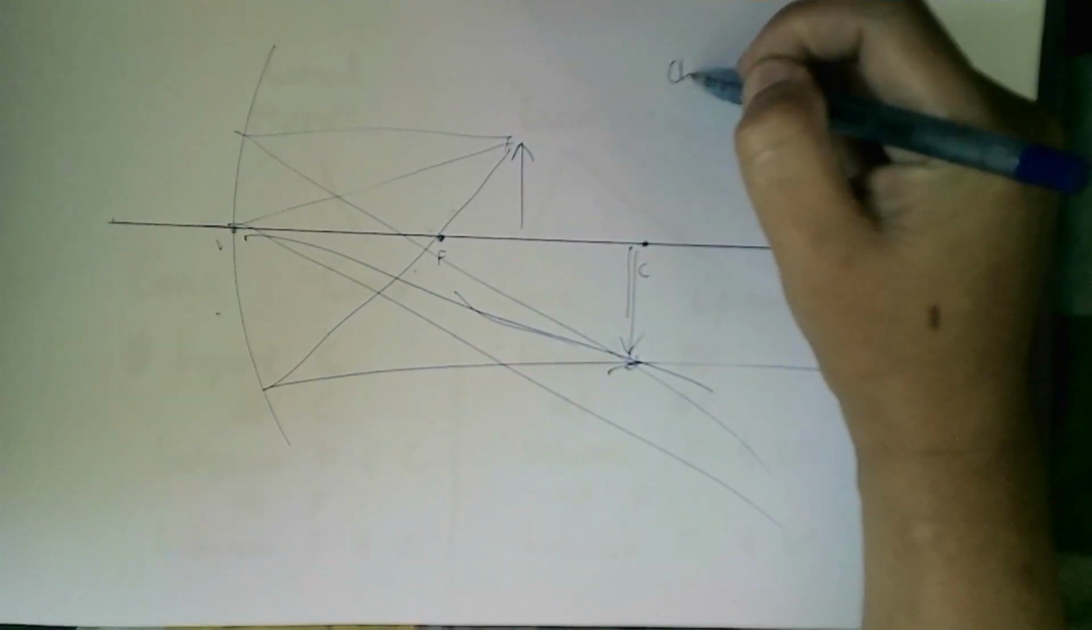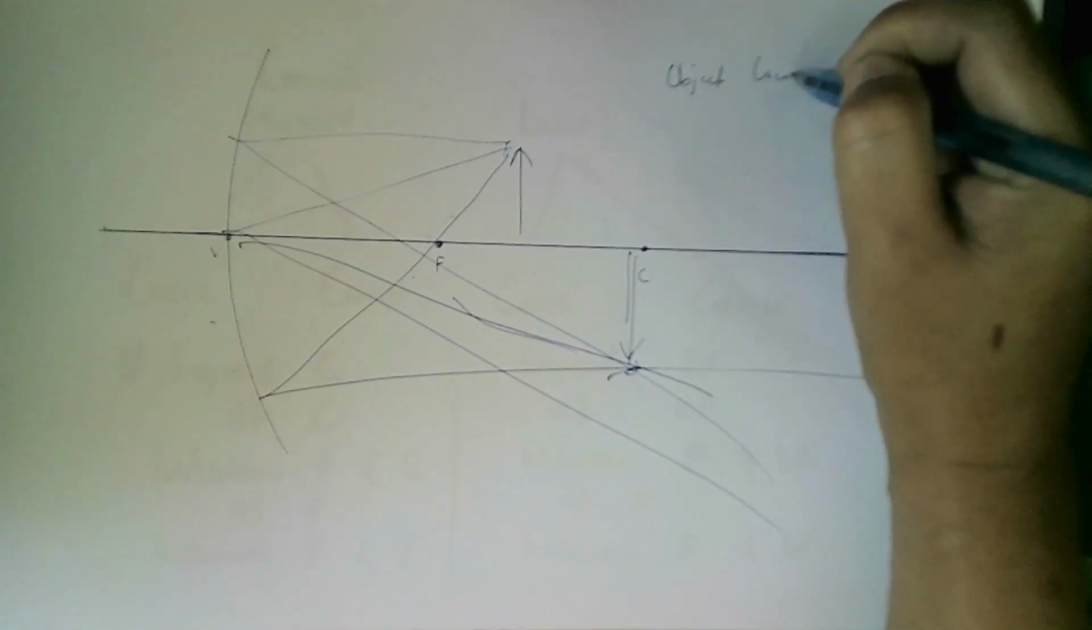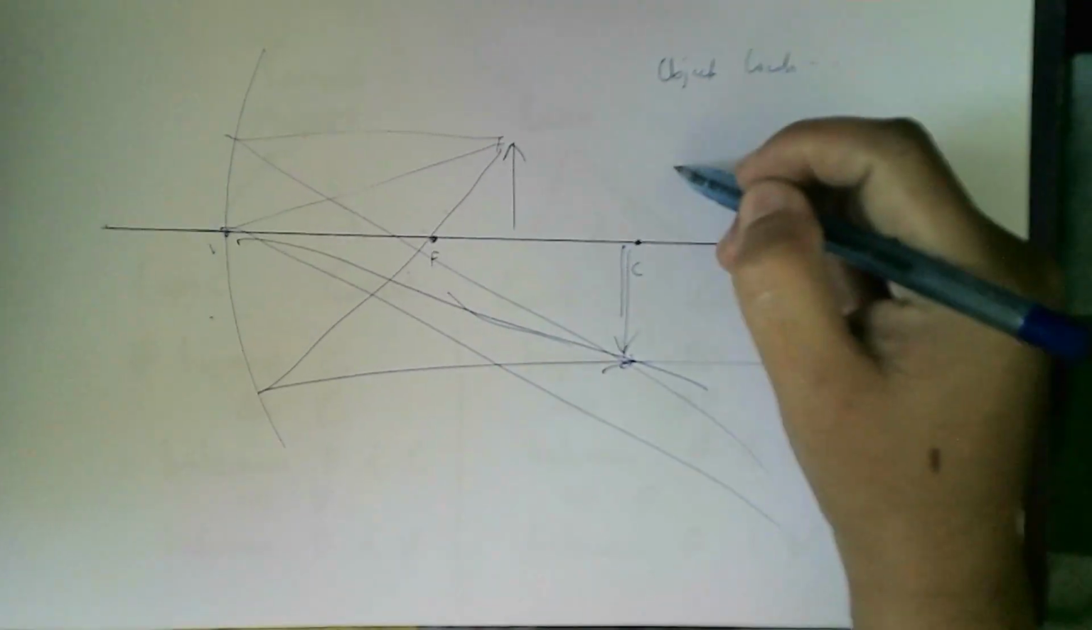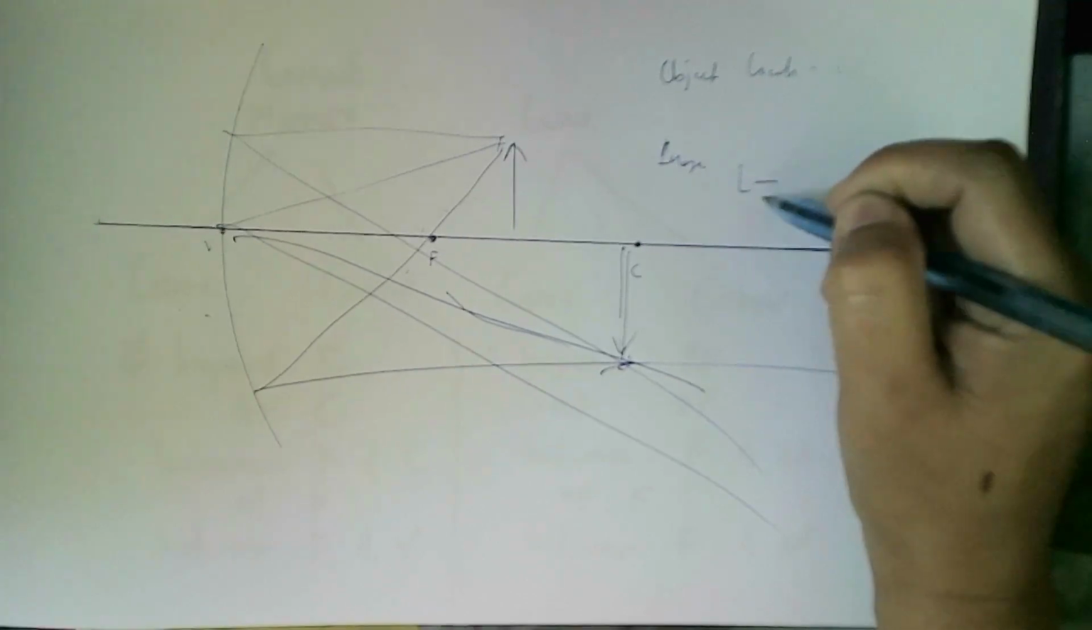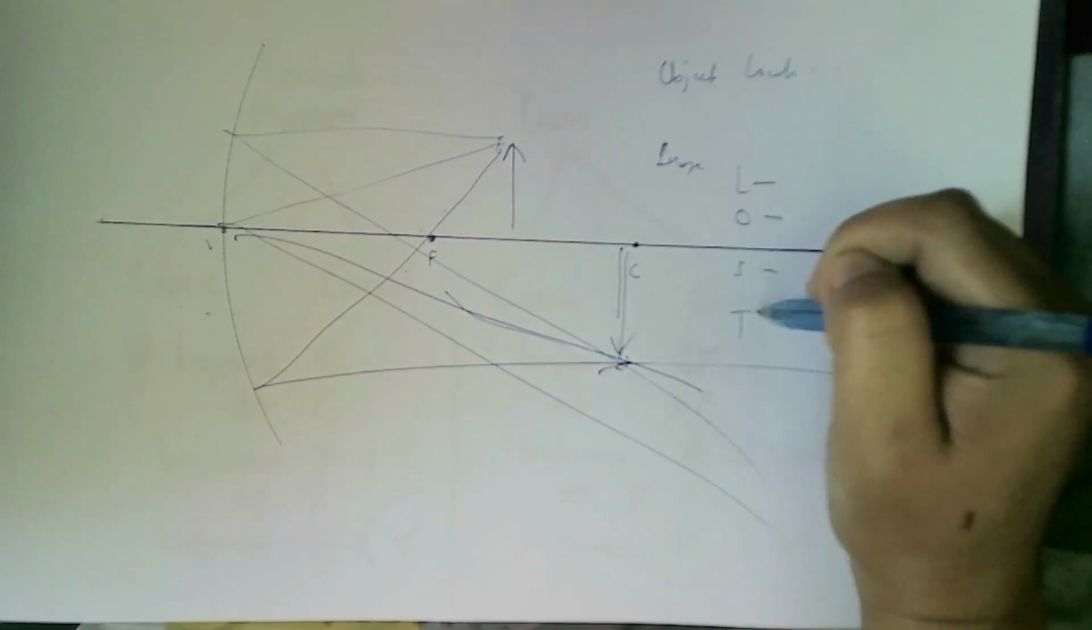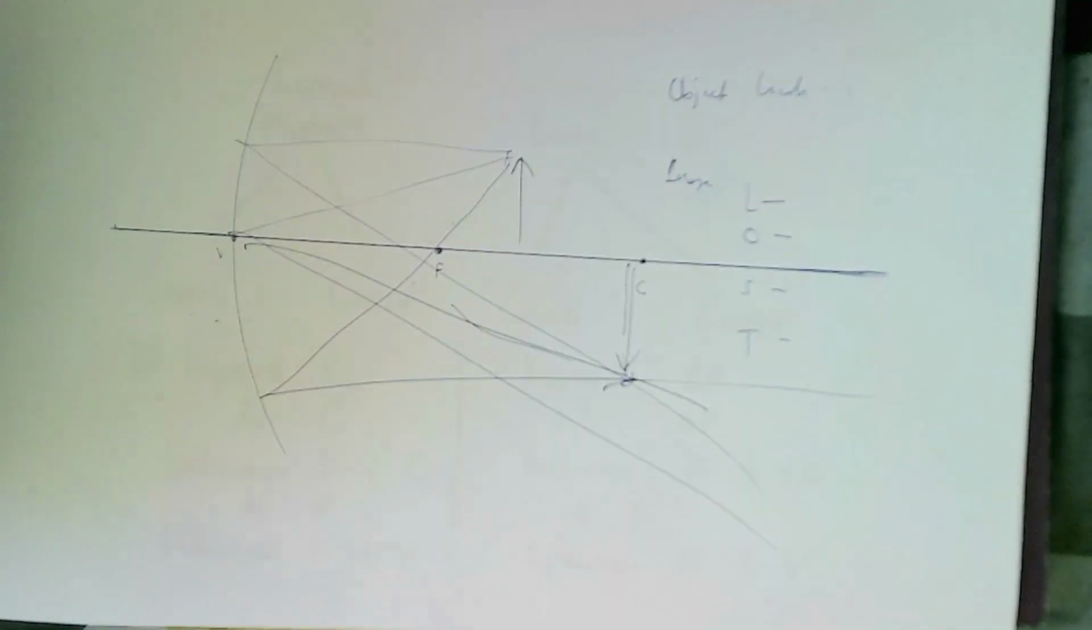After that, you always determine the object location and then the image: location, orientation, size, and type. That's for the diagram. At the back of the paper, you have to do the mathematical calculation, and that is